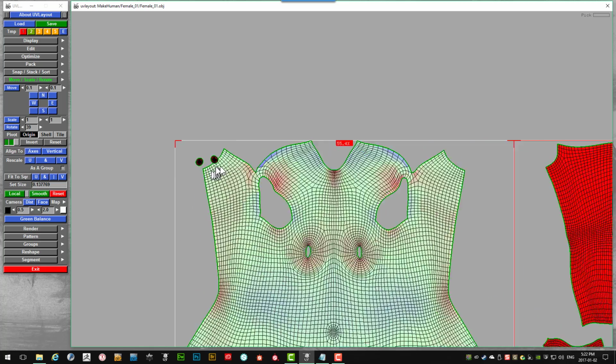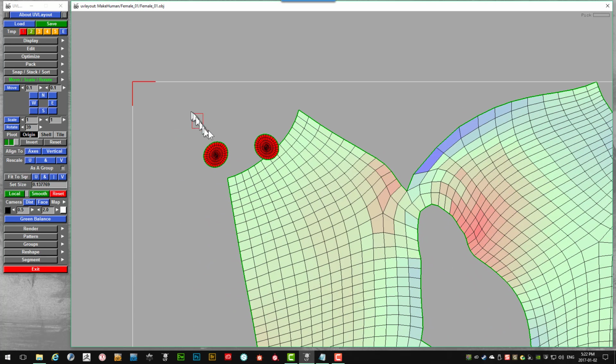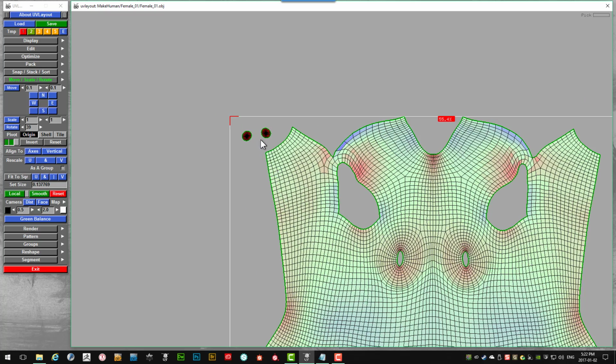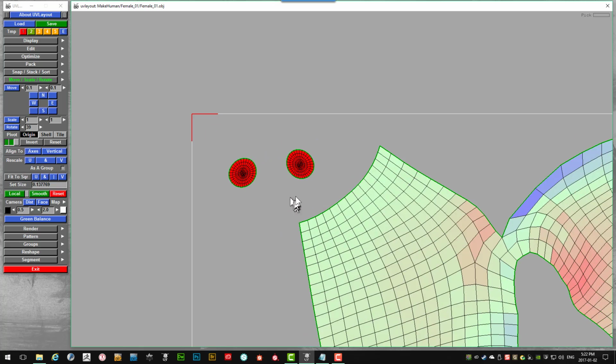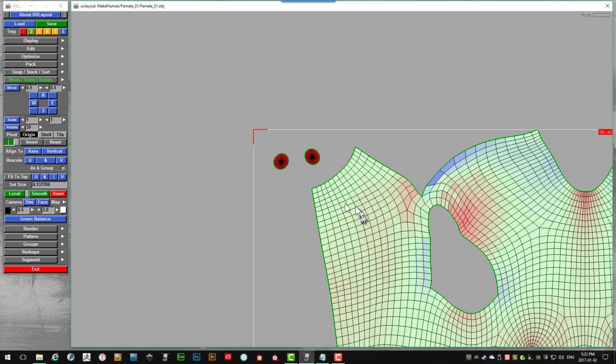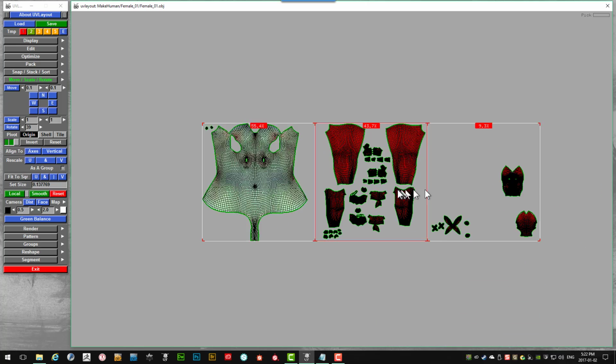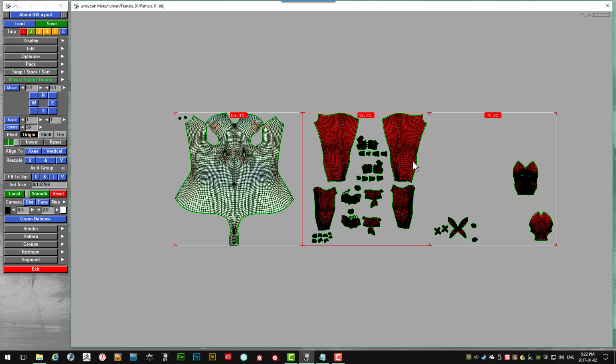They're all smaller than they should be with respect to this mesh here. And you'll see the same thing down here where we cut out the nipples as well to help this mesh flatten a little easier, and they're also red. So these are much too small compared to the rest of this. So what does this actually look like? If we switch back to the 3D view,